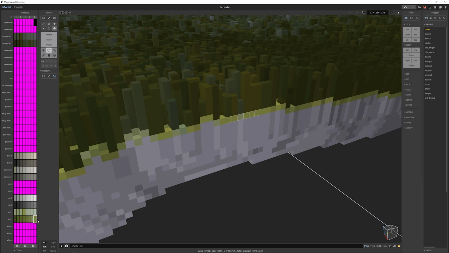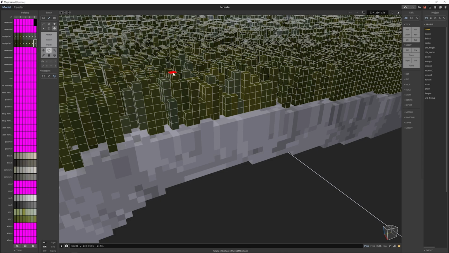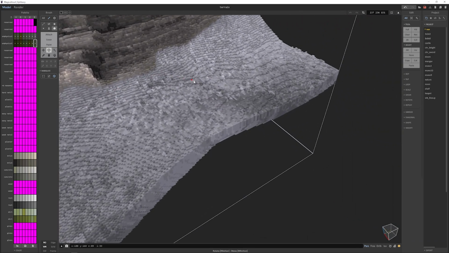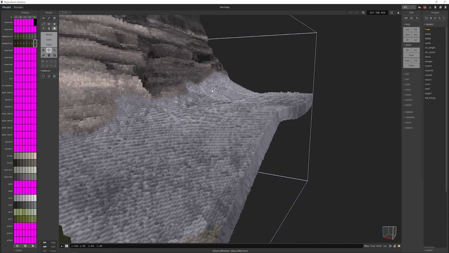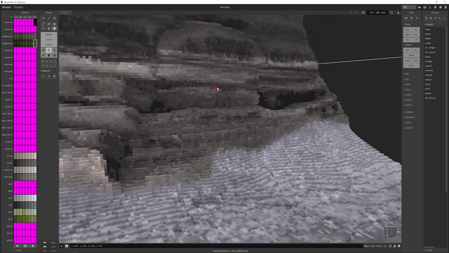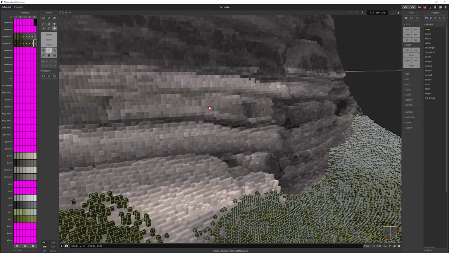If I select all the dirt and delete it, you see that the grass has tried to match the texture of the ground above. The same here, it tried to match the color of the cliffs.